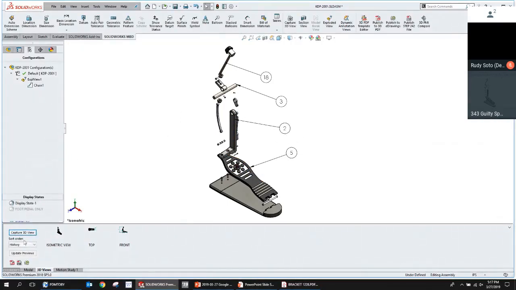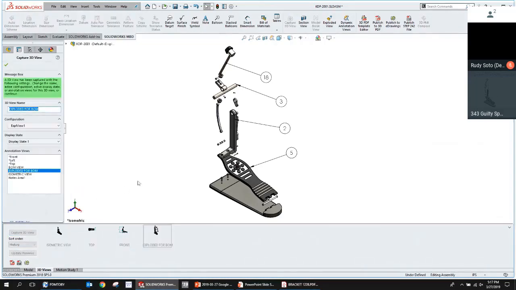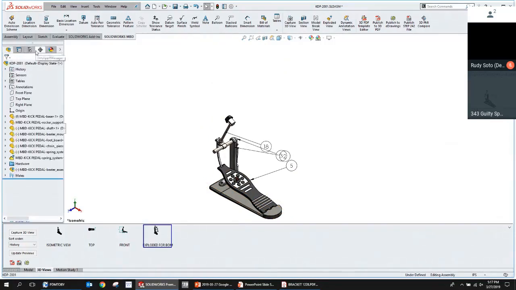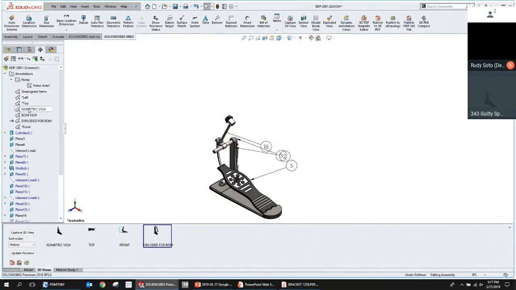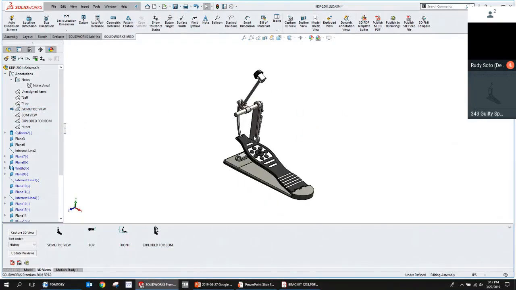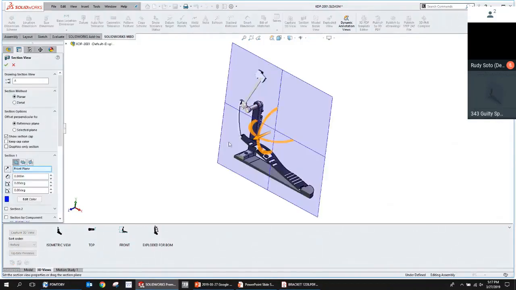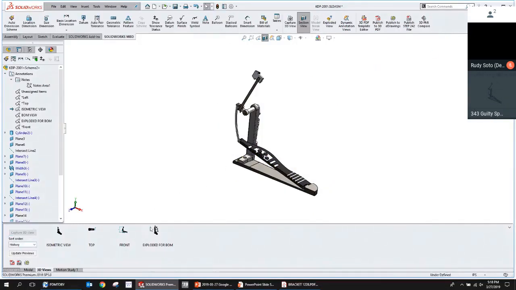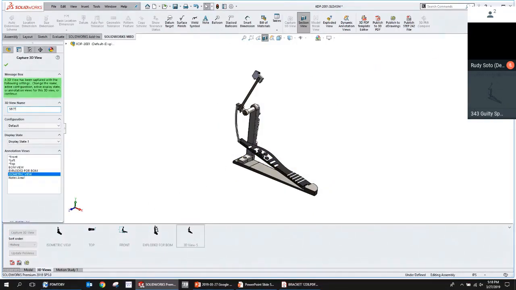Okay, and we'll say capture 3D view, explode view for BOM, that's fine. And then let's go back to our non-exploded view and go back to our regular isometric view here. That is not isometric. And then let's take a section view here, something like that. And we'll say capture 3D view. And we'll call this one section 1.